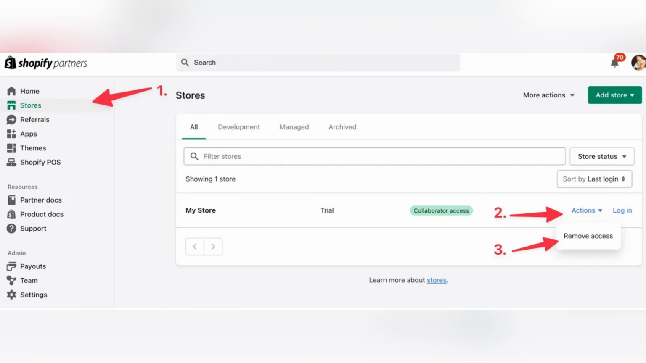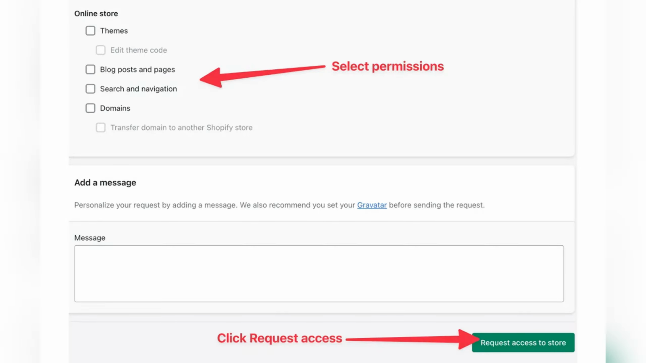And that's it. You've successfully given someone access to your Shopify store so they can help you manage products, orders,